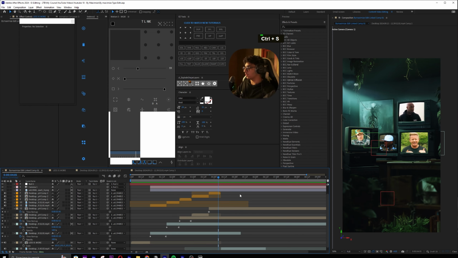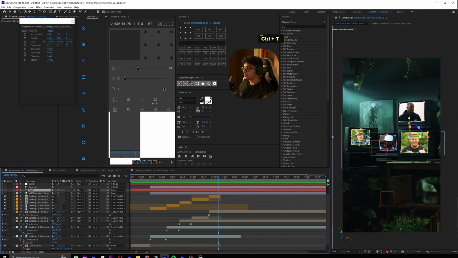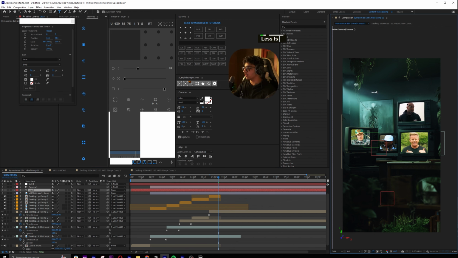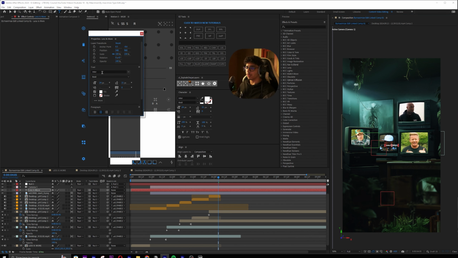Now what I want to do is a seamless kind of text that will say less is more. And let me just write it. Less is more. All right. And you can see over here we have these text properties. I'm just going to increase the text size. You can see the text is very similar, so we'll just keep it the same. It's fine. If you guys know the exact text, then use it. To be honest, I don't.